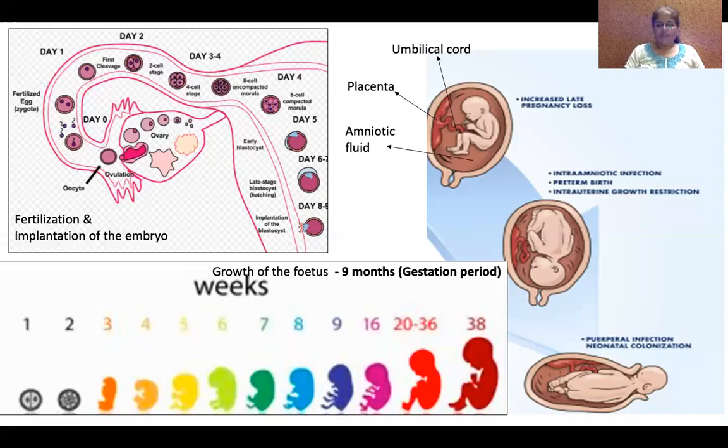This is the details of human reproduction, starting from ovulation, fertilization, implantation, growth of the fetus inside the womb or uterus, and delivery at the end of 9 months. For 9 months, a female will be holding the baby in her womb and she takes care of the baby very well. Okay, and this presence of amniotic fluid is also very important,